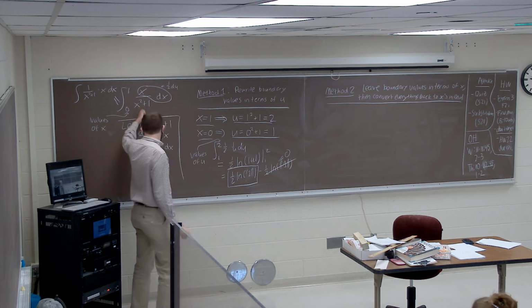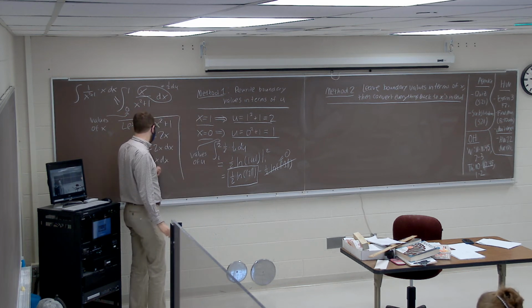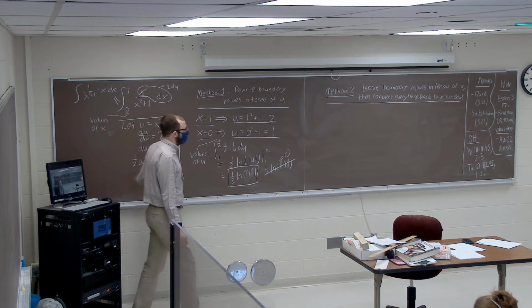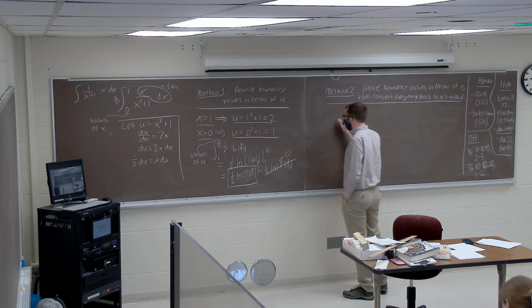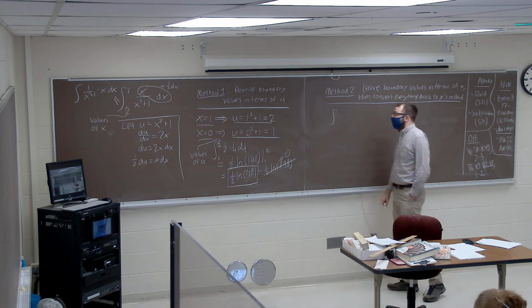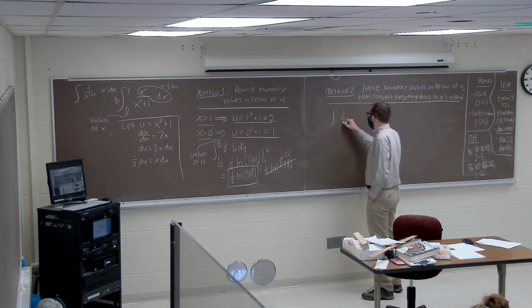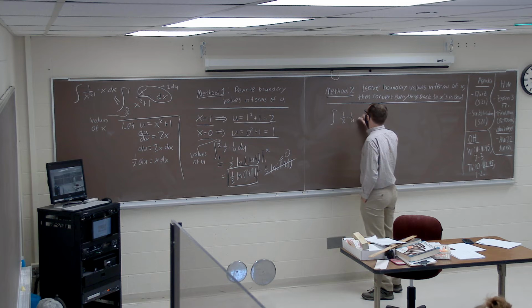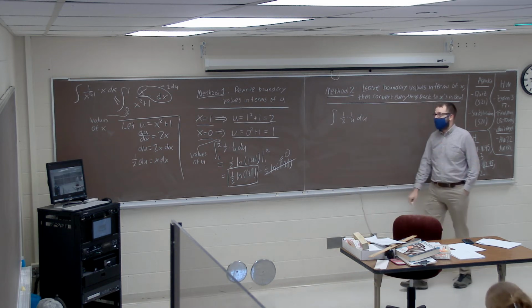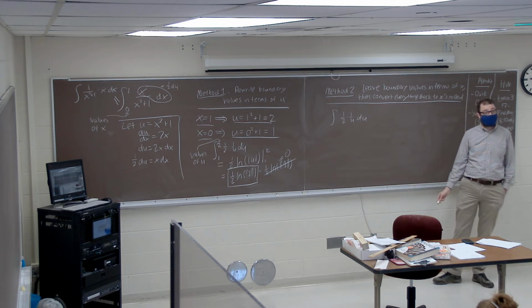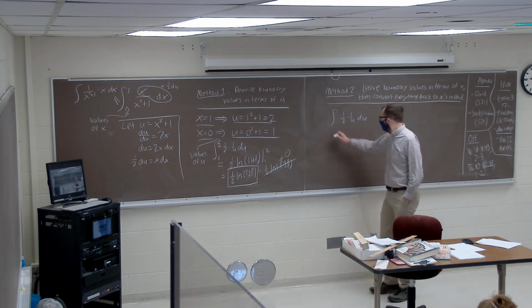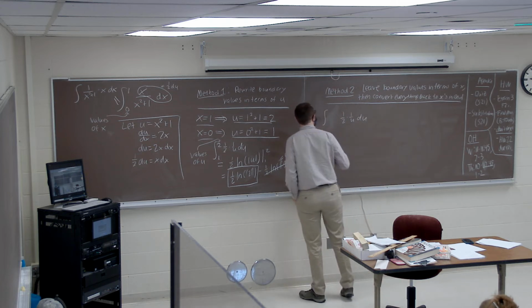So everything's the same up to this point, where we've chosen u equals x squared plus 1, du will give us 2x dx, so 1/2 du will give us x dx in method 2. Everything's going to be the same up to there. The difference is going to be when we write our 1/2 times 1 over u du terms, replacing the x dx with 1/2 du and the 1 over x squared plus 1 with a 1 over u. We're going to do something a little bit different here.